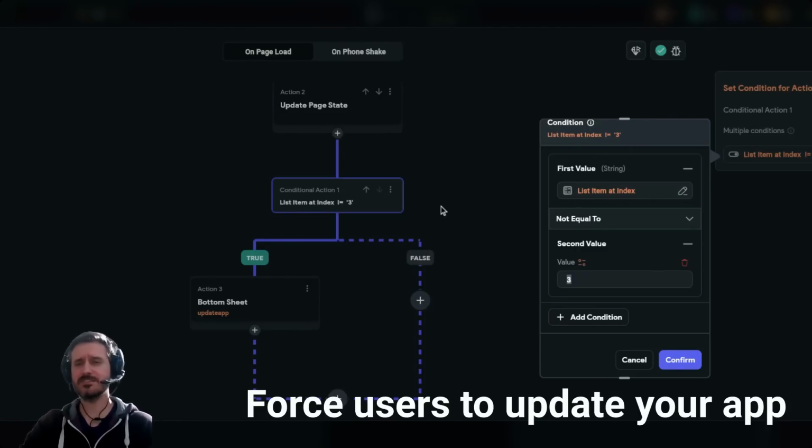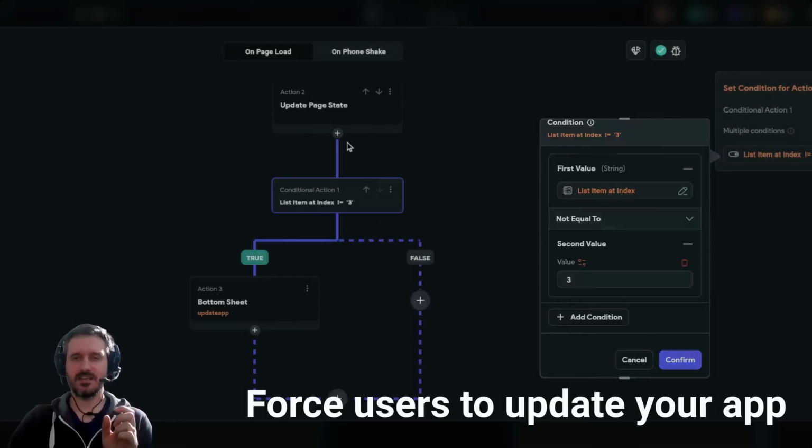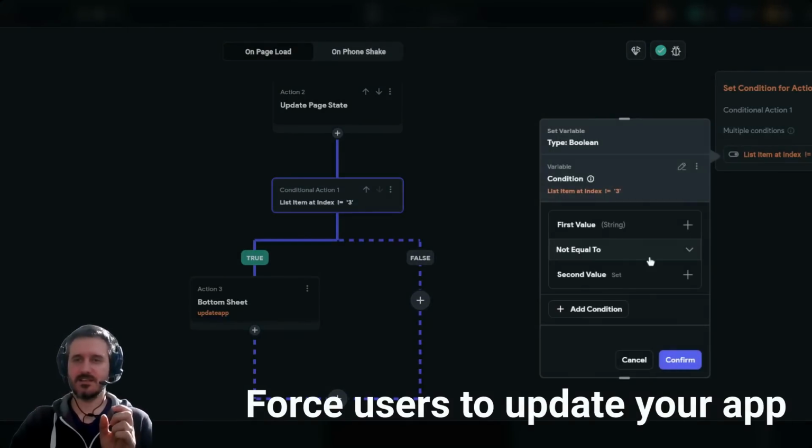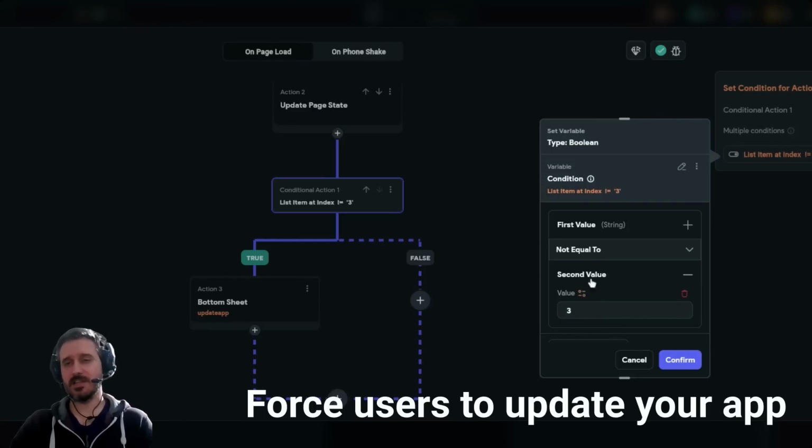So, for example, in Firebase, you have a collection called settings or app info, and then you write the most updated app version that you want your users to have. And then you get this and set it up here. But currently, right now, I'm doing it manually, but like I said, you can do it with any variable that you want. I haven't implemented that because I think it's not that difficult to implement,